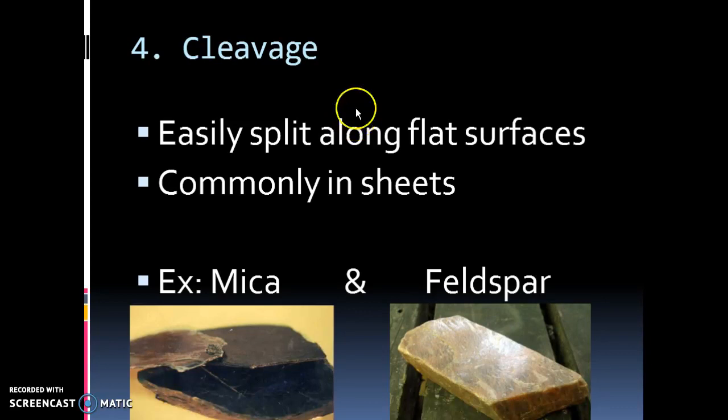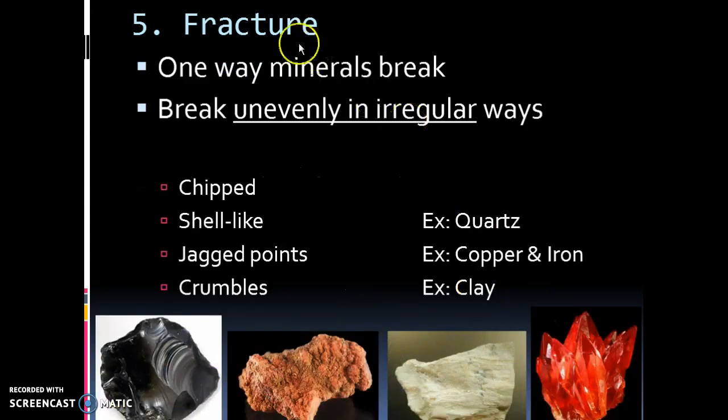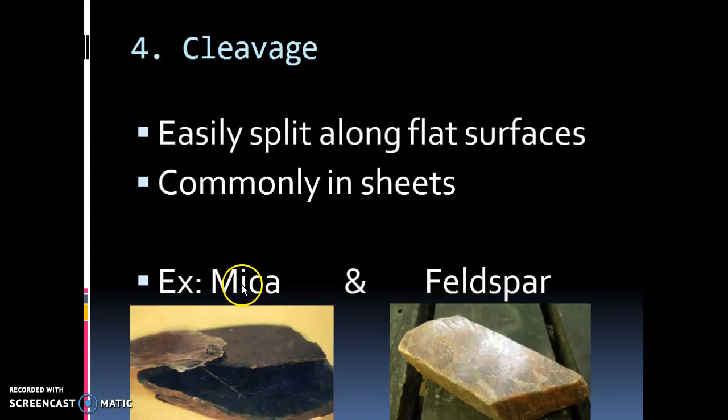Cleavage refers to how things break. If I were to take a hammer to these 2 examples and just smash them, when they break, they actually break into these nice flat surfaces. So they break into these thin sheets. Not all rocks, I'm thinking in your mind, you're probably picturing rocks that are jagged and uneven. But these particular ones with cleavage break in clean sheets. Cleavage, clean is kind of how I remember it. And then fracture is probably more what you're thinking of. Jagged, rigid, uneven edges. So how it breaks could be either fracture, uneven, or cleavage, nice and clean in thin sheets.